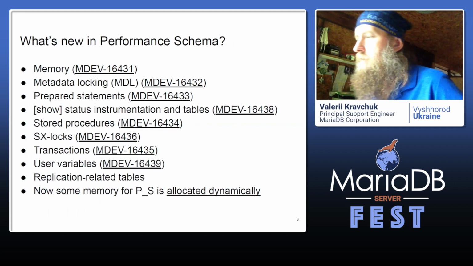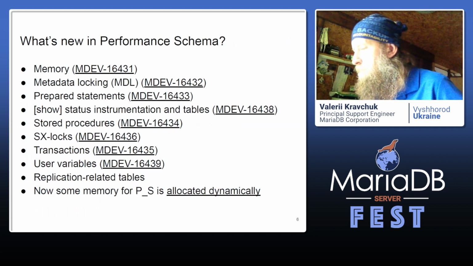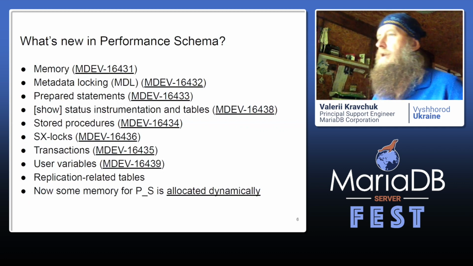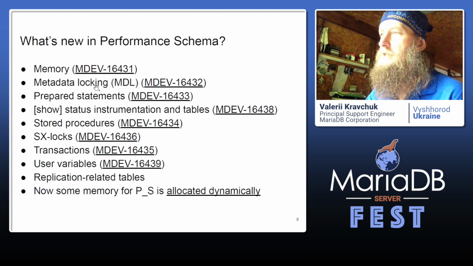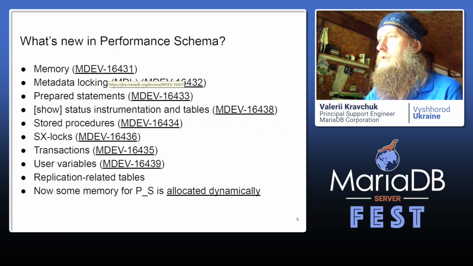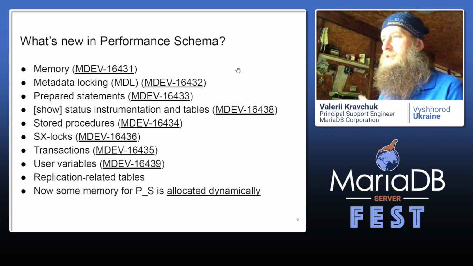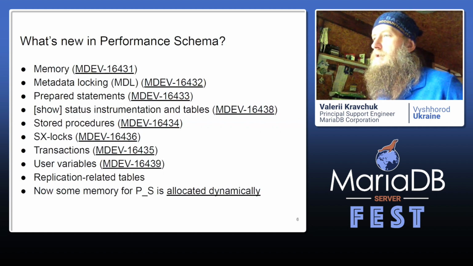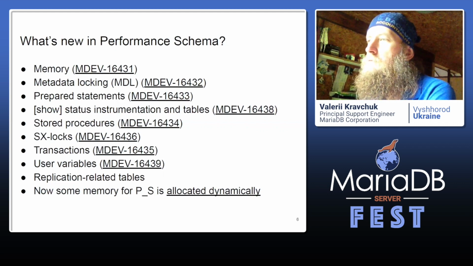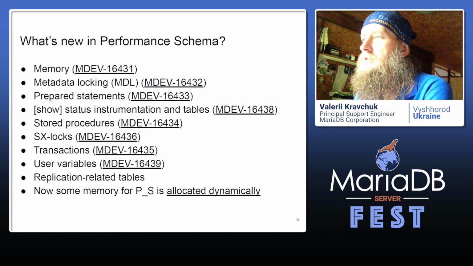If you ever read the new features of MariaDB 10.5 knowledge base page, you probably noted a section, what's new in performance schema, that refers to the tasks that were implemented by dev numbers. You can surely click on each and every one of these numbers to see what was implemented, but the details there in public tasks are quite limited, so it's not really that useful. So we will just use it as a reference of what additional details are now instrumented.